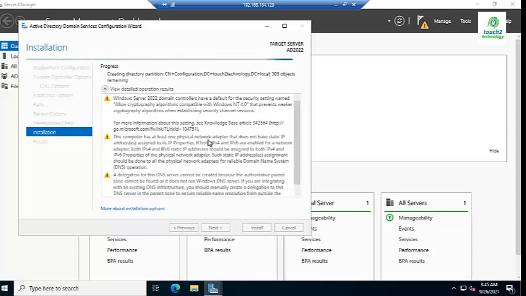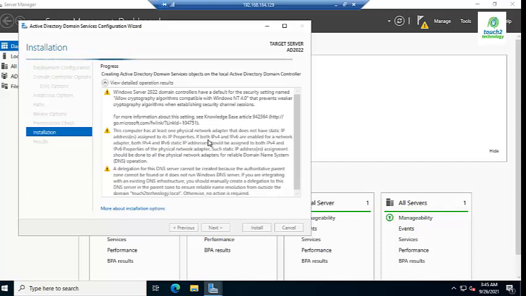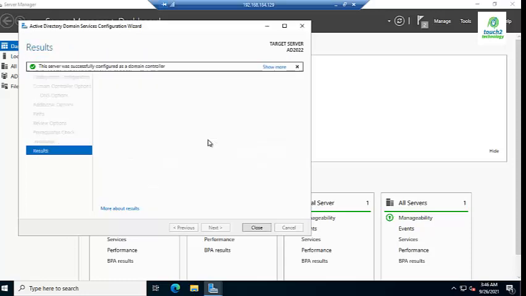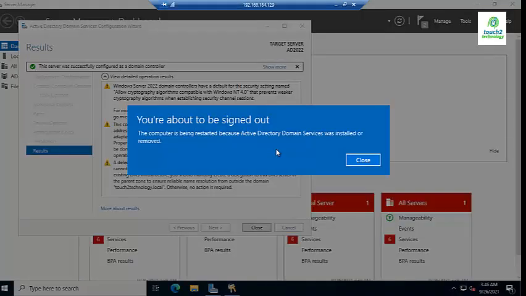Creating the CNAME. Finally the installation is done.